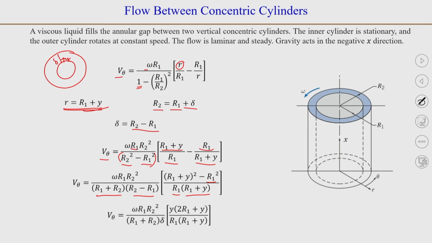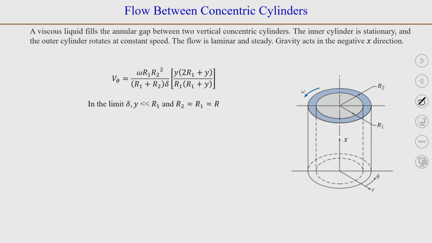Okay. So, you can simplify the term in the bracket again. So, this will remain R 1 into R 1 plus y. When you write this, it will be R 1 plus y minus R 1, which will be y only, and you will have R 1 plus y plus R 1. So, that will be 2 R 1 plus y. Now, you can also replace that R 2 minus R 1 is equal to delta here. So, we have replaced this R 2 minus R 1 with delta,